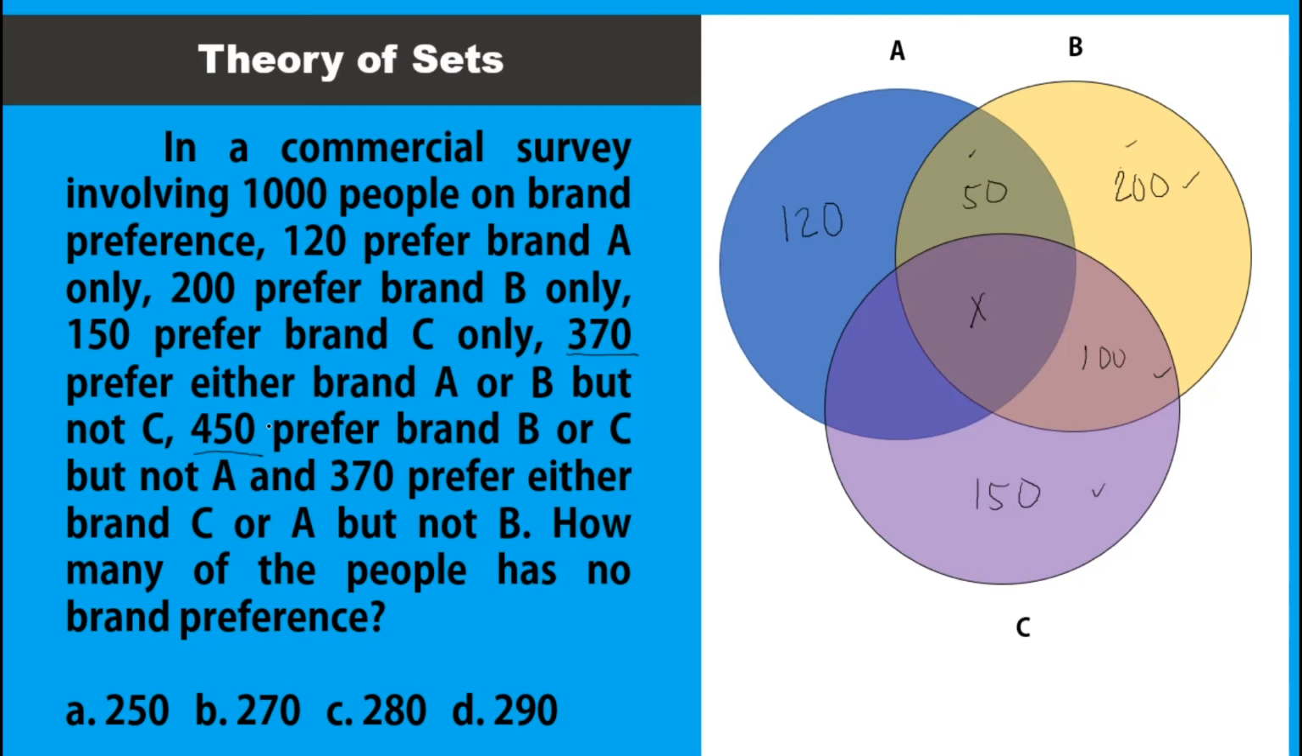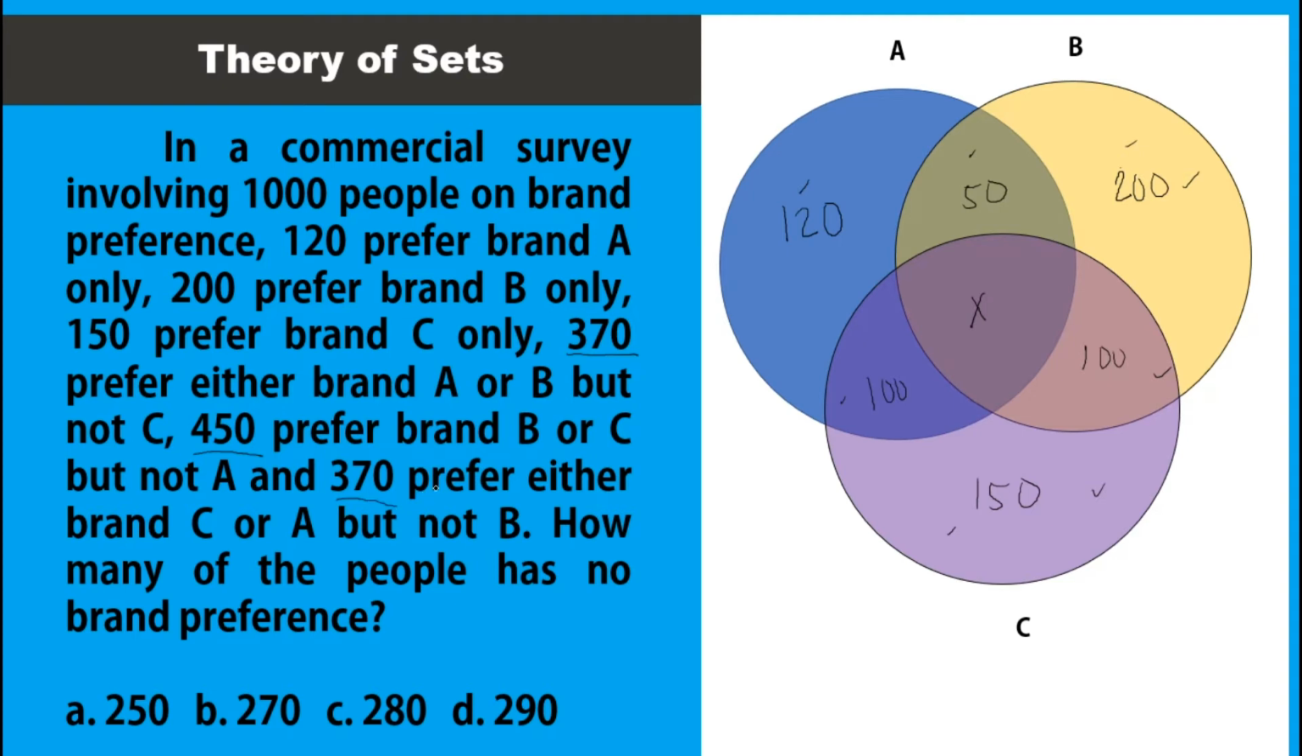And for the last condition, we have 370 prefer either brand C or A but not B. So the sum of these three, so you have A or B, this portion, the intersection between A and C, and this portion, should be 370. So this portion should be 100. You have 120 plus 100, 220, plus 150, that is